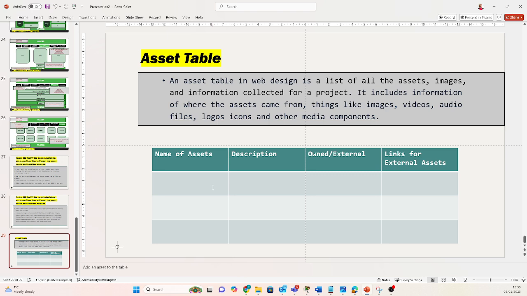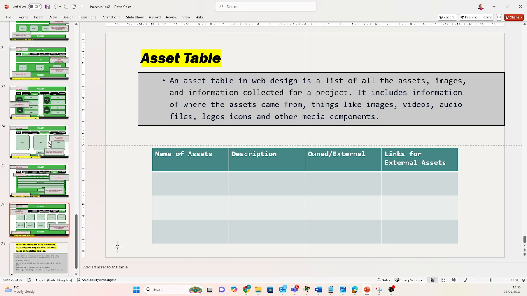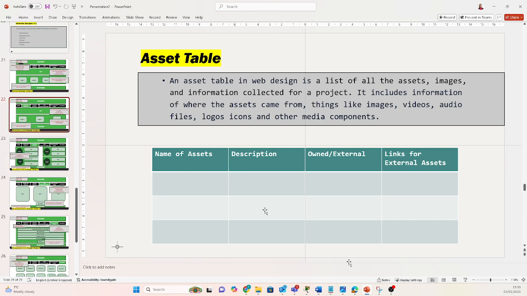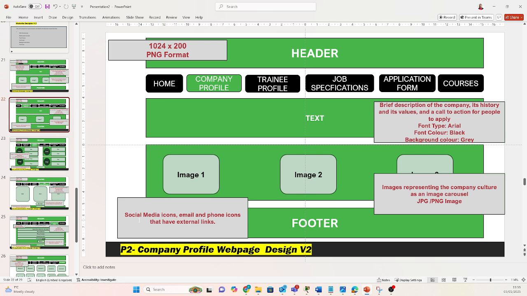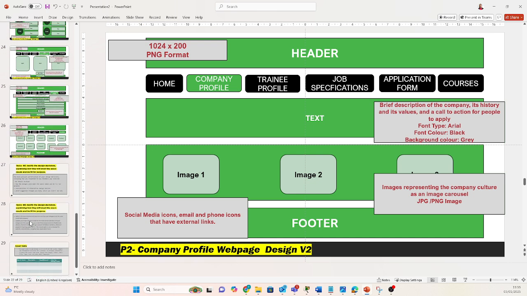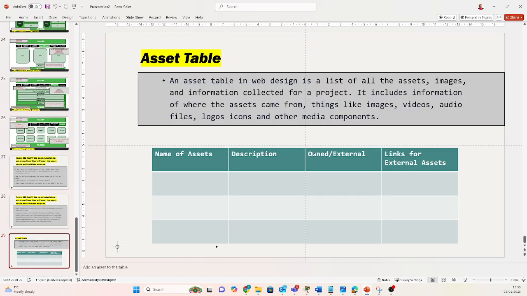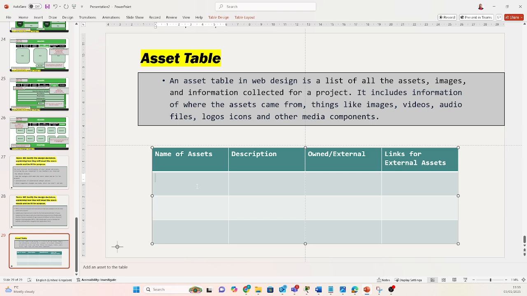So usually what you do, let me say for our project, we have decided to use in your footer, social media icons, email icons, phone icons, and we are going to have them to have external links. So what I'm going to do is I'm going to come here and say, let me say a Facebook